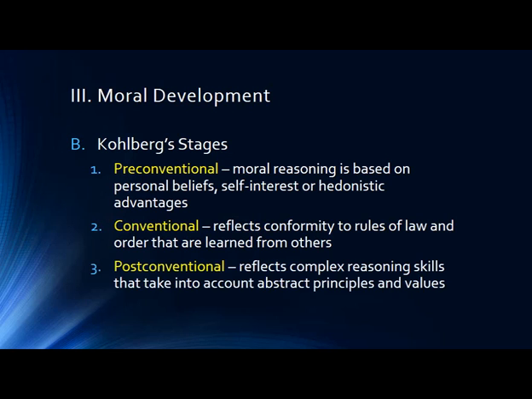societal rules. Then we get into the post-conventional stage, which reflects more complex reasoning skills that take into account abstract principles and values. So now we start getting more nuanced views. While what Heinz did broke the law, he made every attempt to do this in a different way and was rejected. And so he took the only route available to him to save his wife, and that was to steal